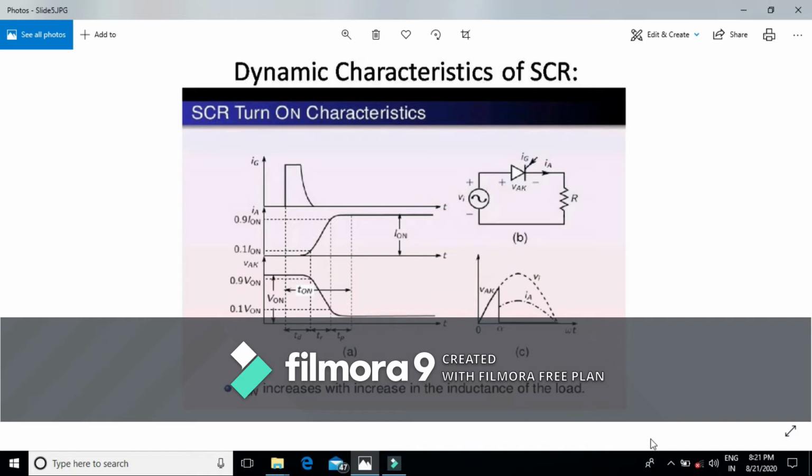This anode current conducts over a small interval, but that interval is, however, greater than the interval present during the delay time. During this rise time, the turn-on losses in the thyristor are the highest due to the high anode voltage and the high anode current occurring together